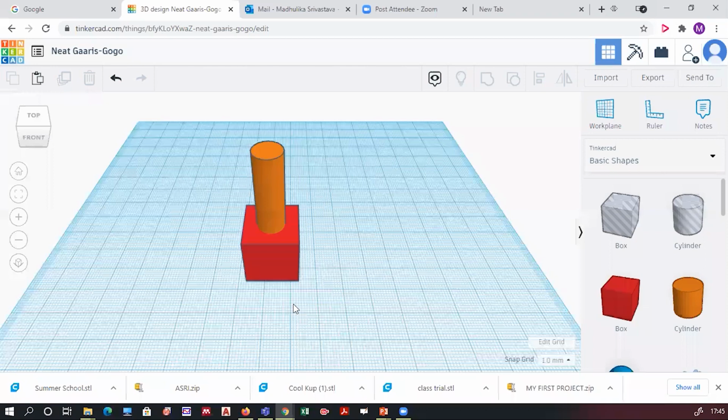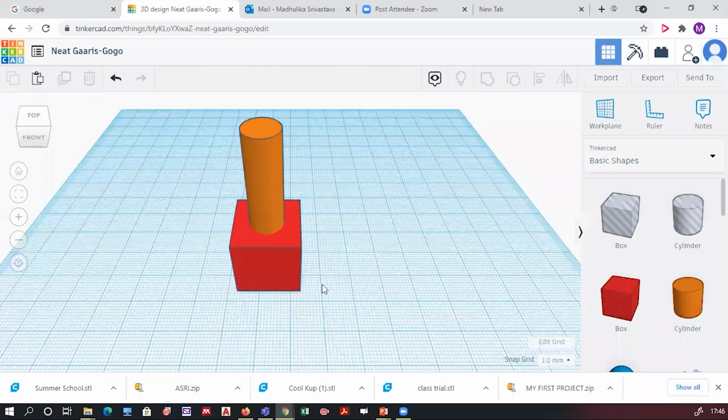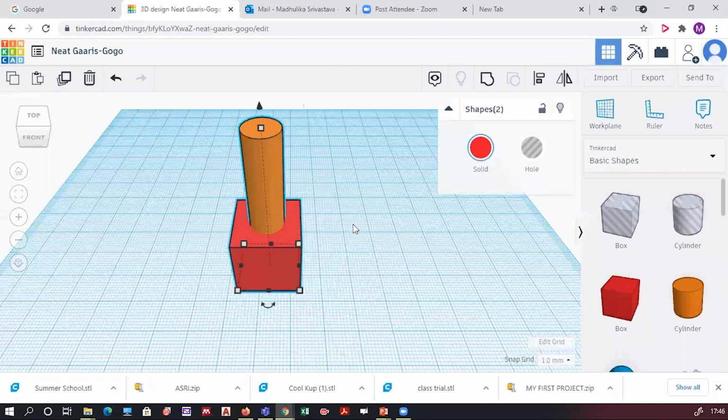Now how to join these two objects together? Again, I will repeat how to select the objects: just click the left key of your keypad or mouse, drag your cursor and select both the objects. After that, you will see again the options get activated over here.